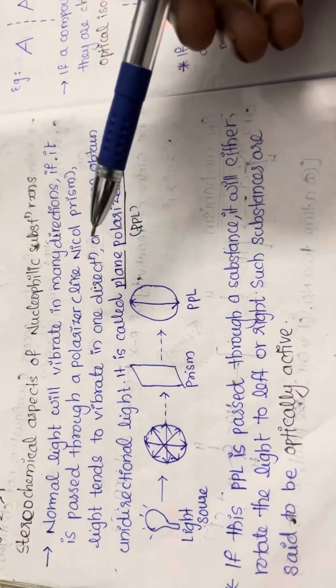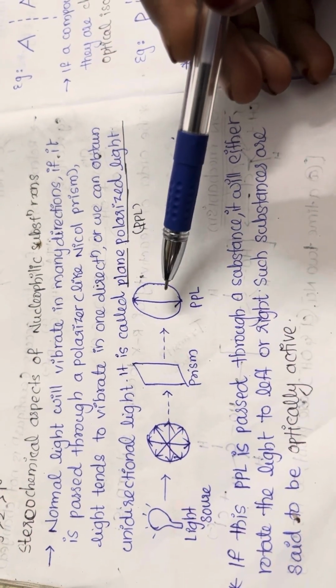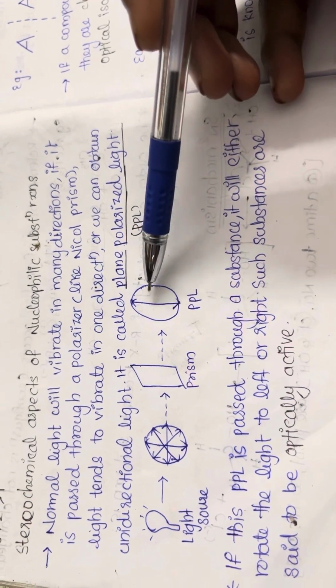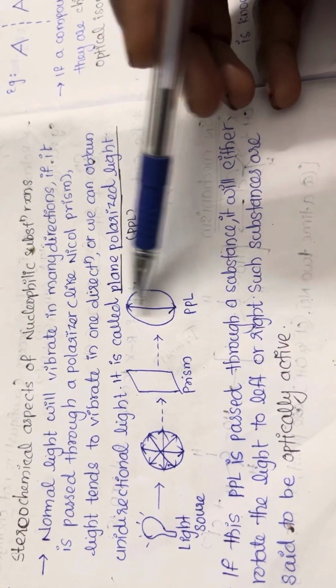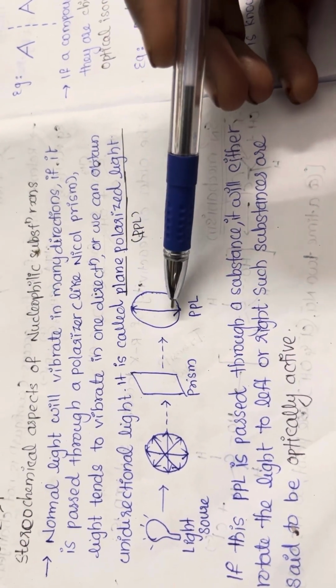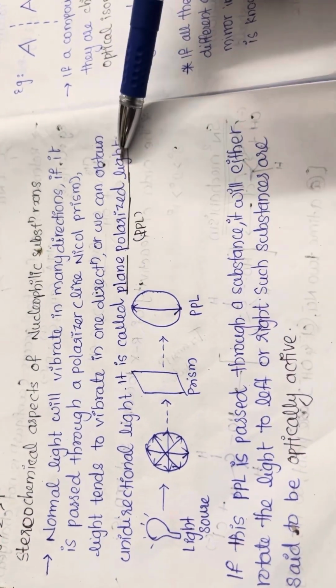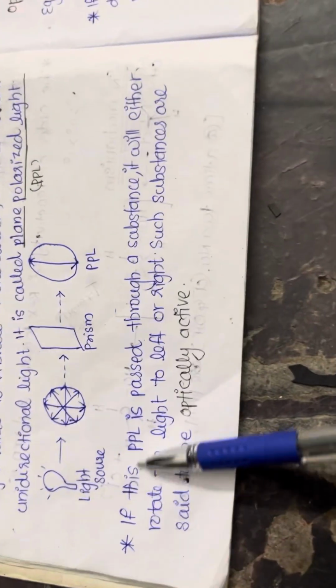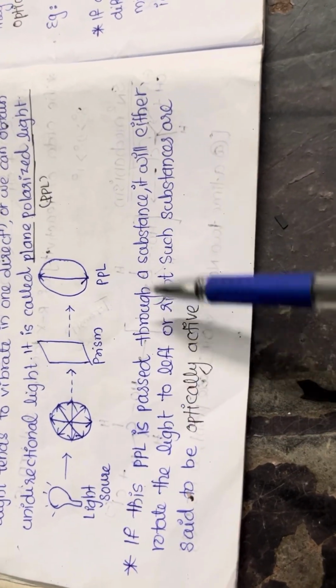Or we can say that we will obtain unidirectional light when it is passed through a Nicol prism, and this light which vibrates in a single plane is called plane polarized light, which can be abbreviated as PPL. Now, if this plane polarized light is passed through a substance,